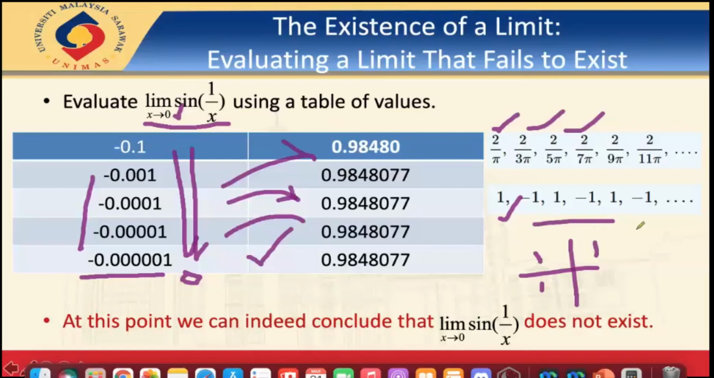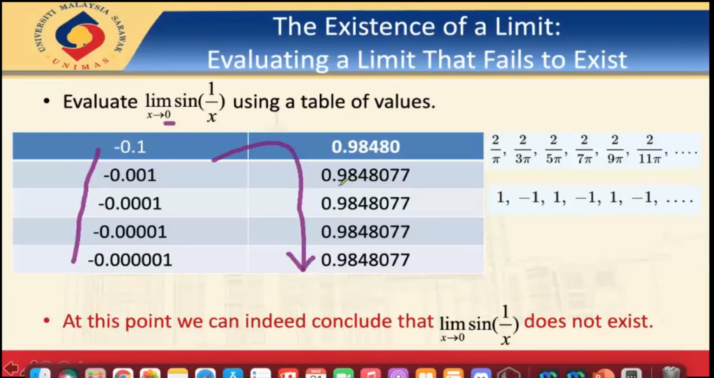So if the output is not consistent, then we can say that the limit of a function does not exist. In this case, I think there is no tendency in both cases. Here also the same answer, and if you go closer, the same answer, and closer, the same answer. Okay, one pattern is this one, and another pattern, you see, there is a tendency of getting closer to some